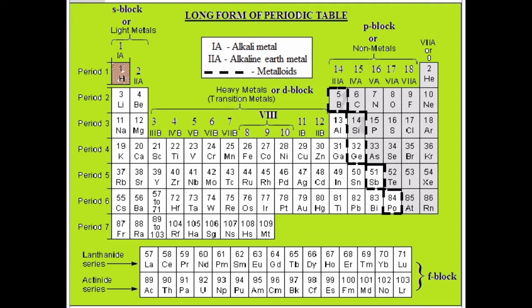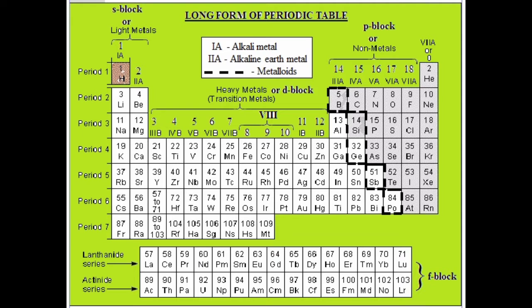Now see the table carefully, students. As we have studied already in the structure of the modern periodic table, the table is divided into 4 blocks. Yes or no? S block, P block, D block and F block. Now see, where are these blocks? S block contains the first and second group.